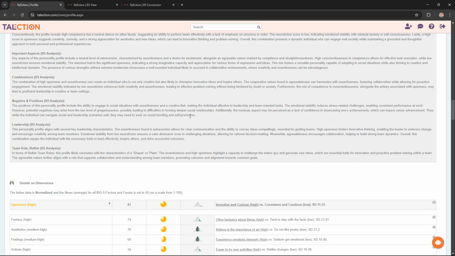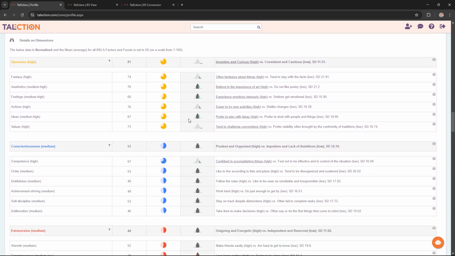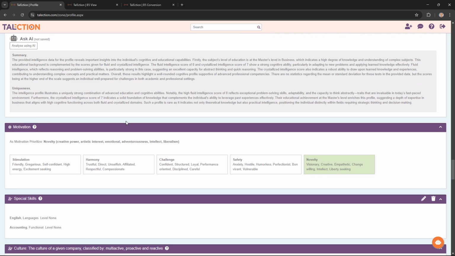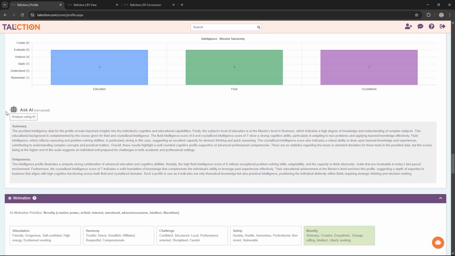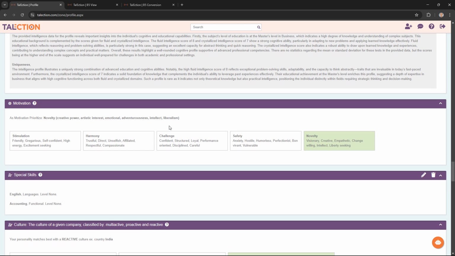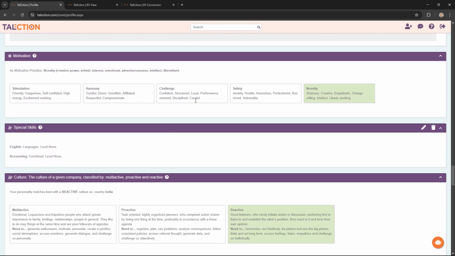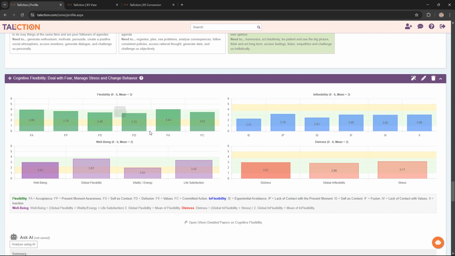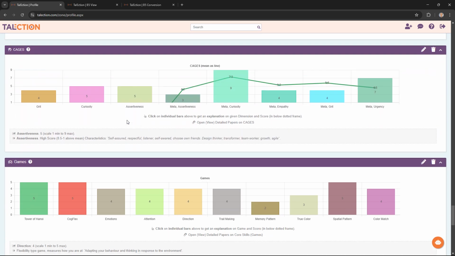That is saved with the profile itself. Details on the factors and facets, the intelligence object, where you can also interactively ask for an AI analysis. But remember that these are not saved with the profile itself, so it has to be redone every time you open it. Some deduced models, motivation, special skills and culture, and the cognitive flexibility that we looked at a bit,